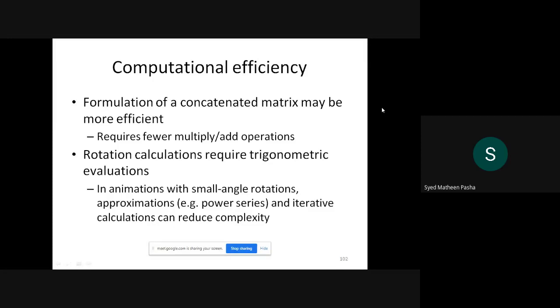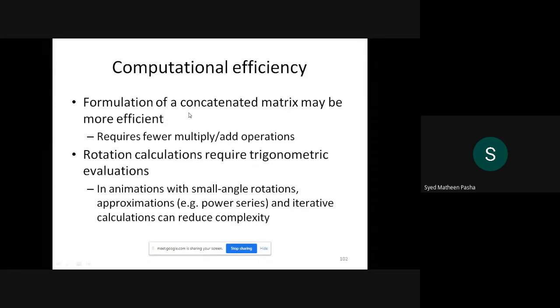I can describe computational efficiency like this. If I take some object, I need to perform some angle rotation there. If I want to perform the rotation operation, I can say that the rotation technique is efficient only when you are successfully converting that particular object into some angle. Once the object is converted to some angle, you will say that technique is efficient. So with respect to computer graphics, first you formulate a concatenated matrix which might be more efficient.